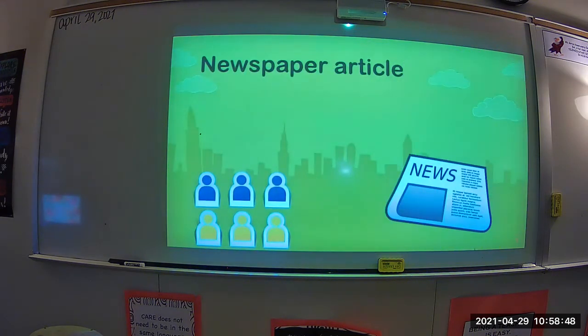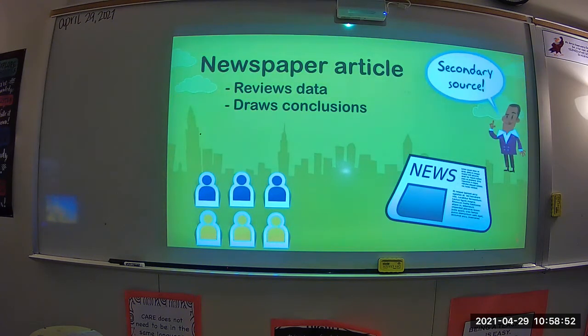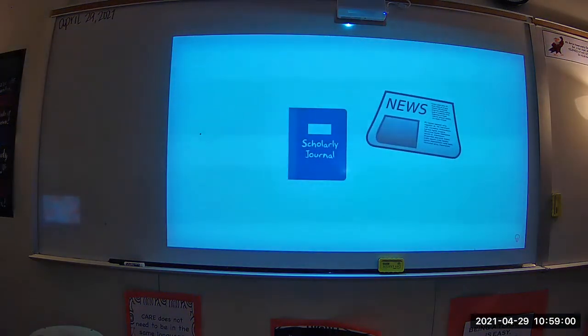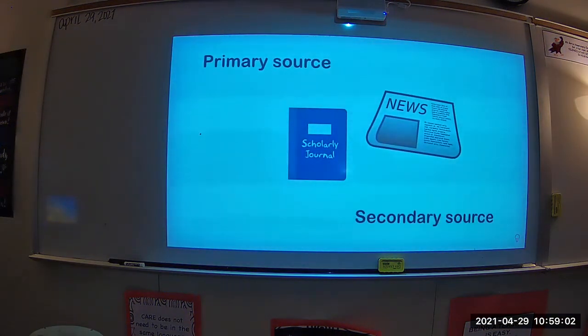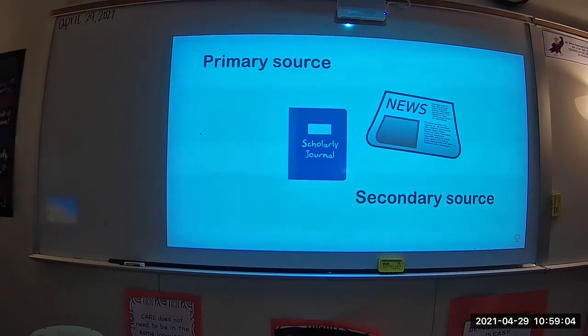For the same topic, you can also use an article from a newspaper that reviews the data and draws conclusions or analysis from it, such as other ways in which the population might change or grow over time. Some sources, like scholarly journals and newspapers, can serve as both a primary and a secondary source, depending on which